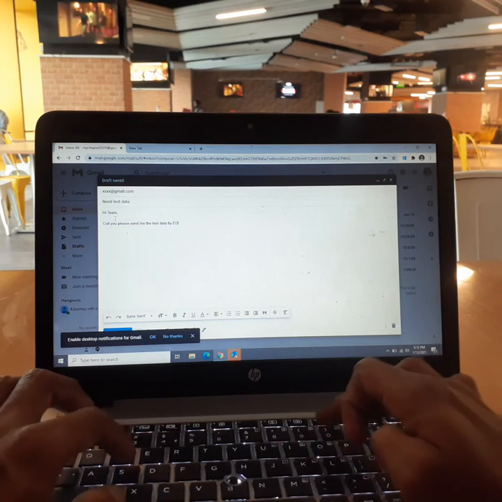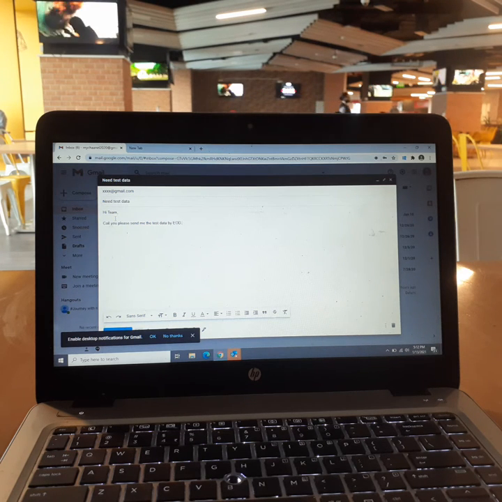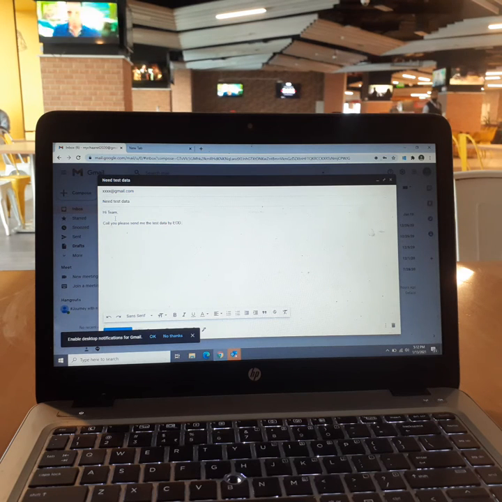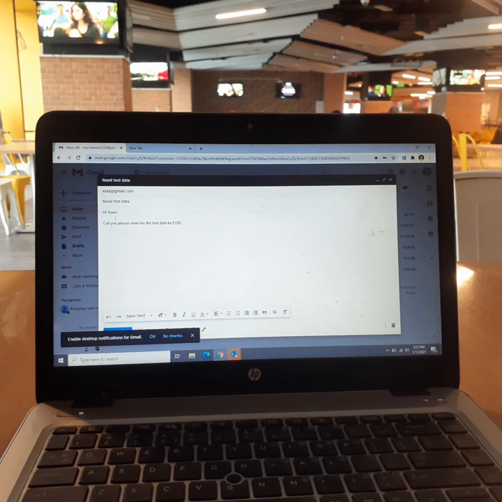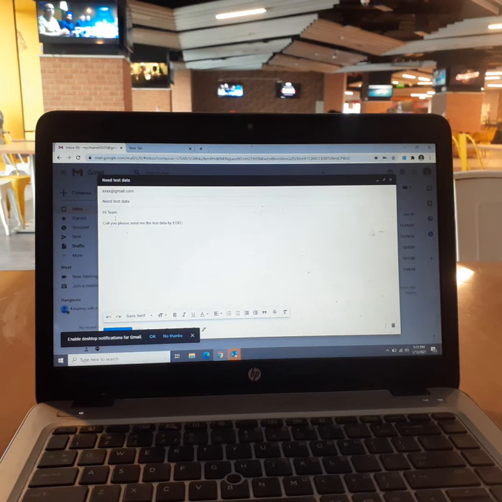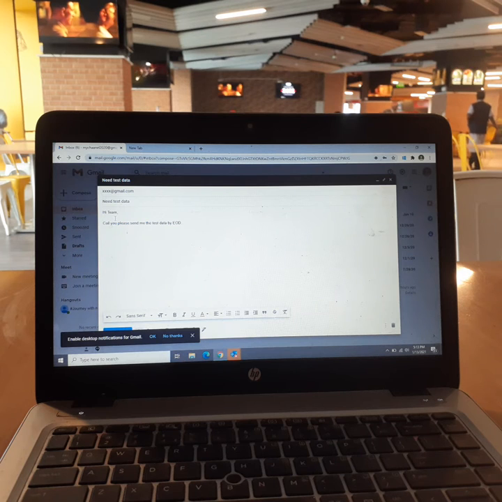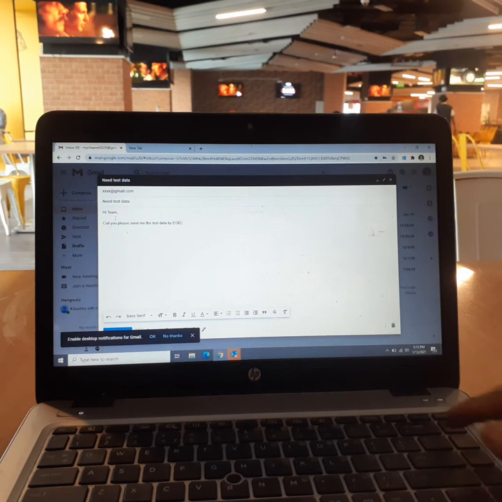By EOD. This end of the day is very important, because you need to tell them by when you need the data, so that they can work on it accordingly and send the data to you. If you mention by EOD, they'll manage the work and try sending it by end of the day. If you tell them you need it on priority, as soon as possible, or urgently, they will work on it as a first priority thing and then send. So mentioning by when you need it is really, really important.